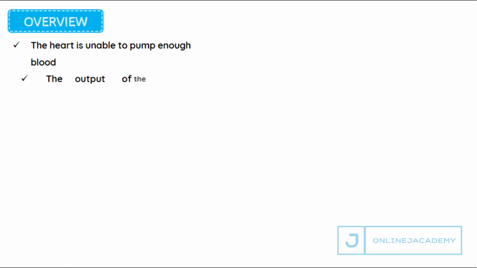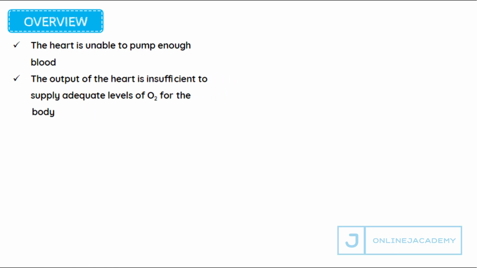So a simpler definition would say it is a clinical syndrome in which the heart is unable to pump enough blood to meet the metabolic needs of the body. Okay, so it results when the output of the heart is insufficient to supply adequate levels of oxygen to the body. So there's going to be low perfusion, which you're going to understand when we talk about signs and symptoms, and decreased blood pressure, which will trigger a lot of compensatory mechanisms, which we're going to talk about in the